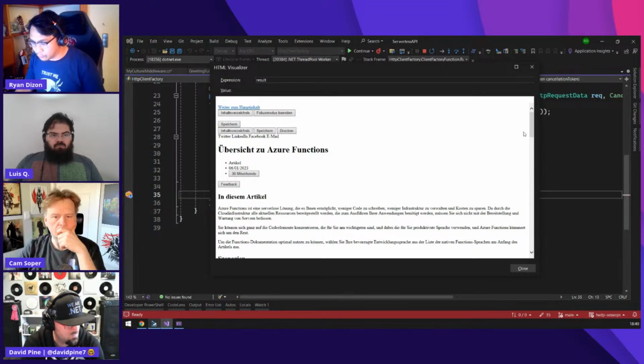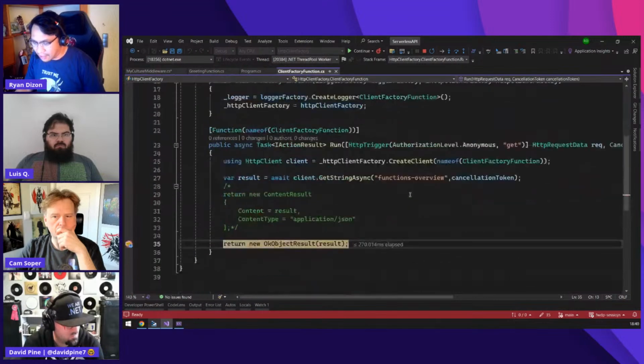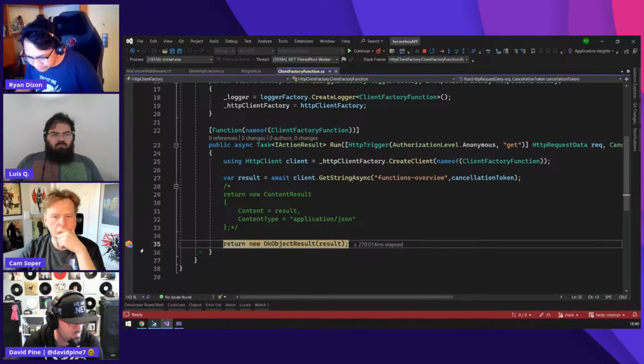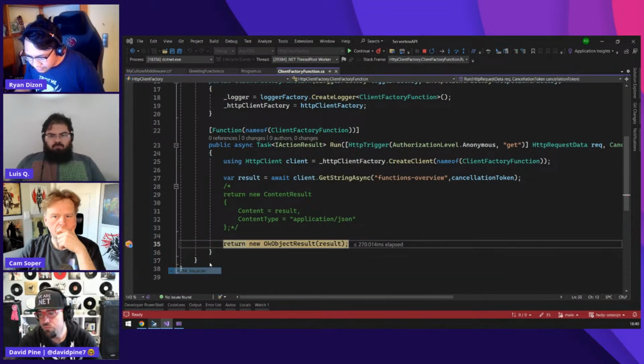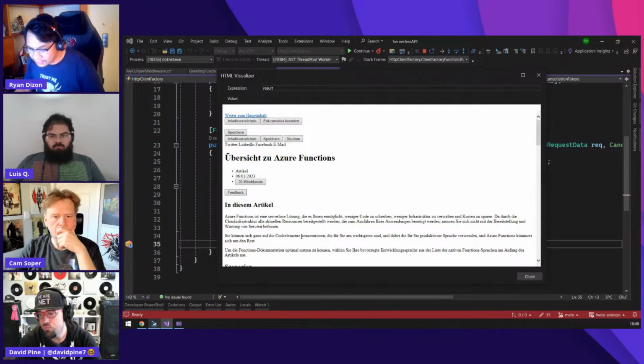Without doing anything inside my current implementation, it just automatically uses that middleware for me, as what we have for a web API project. As you can see, it's in German now, in Deutsch now.